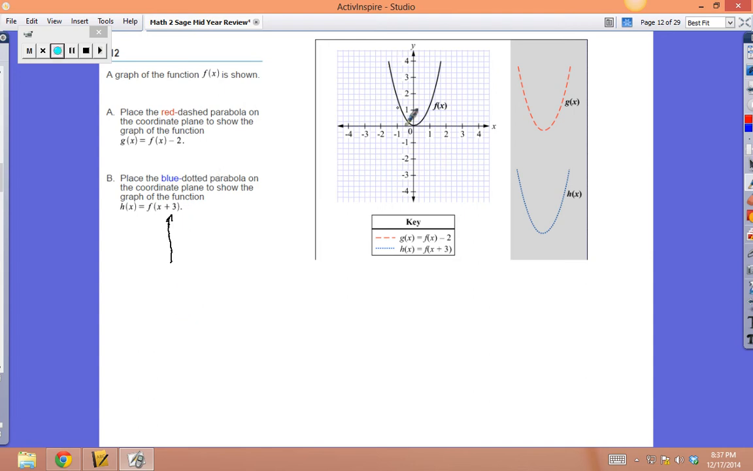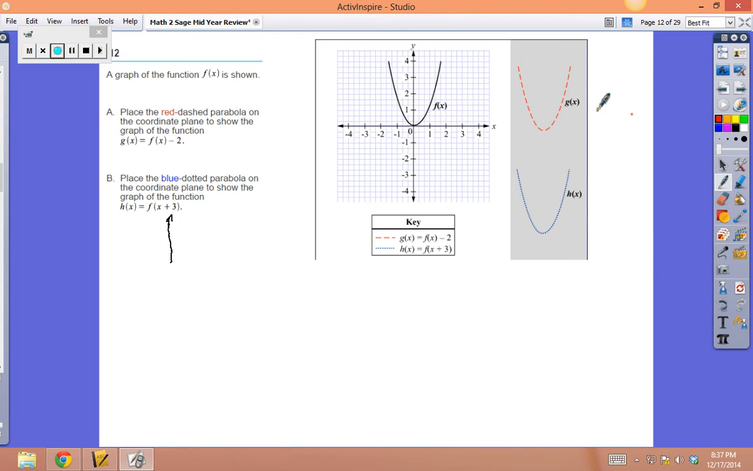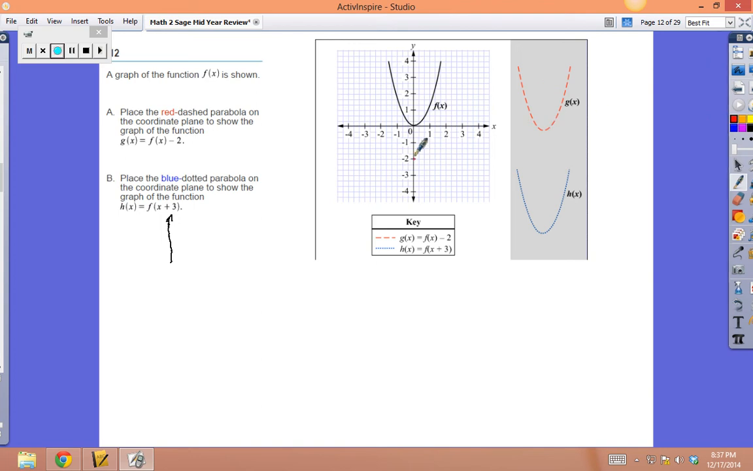So the black one is the original one. That's f of x. If you take f of x and at the very end, outside of everything, you minus 2, that means you're going to vertically shift it down 2 units. So this red one, all you do is copy and paste it. It's a rigid motion, so translate it down twice. The blue one,